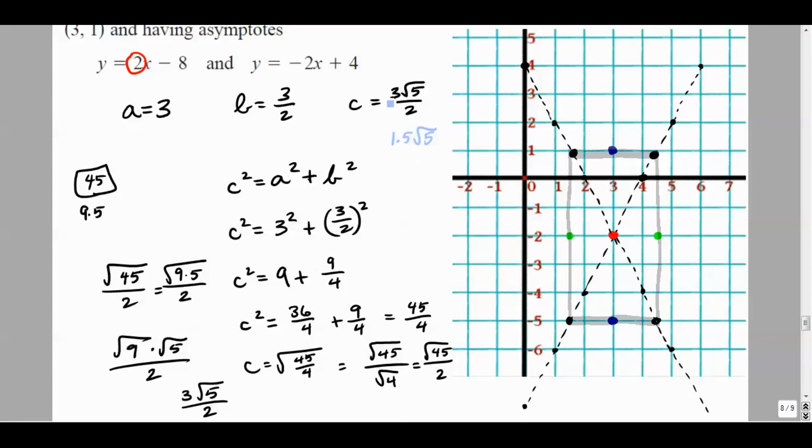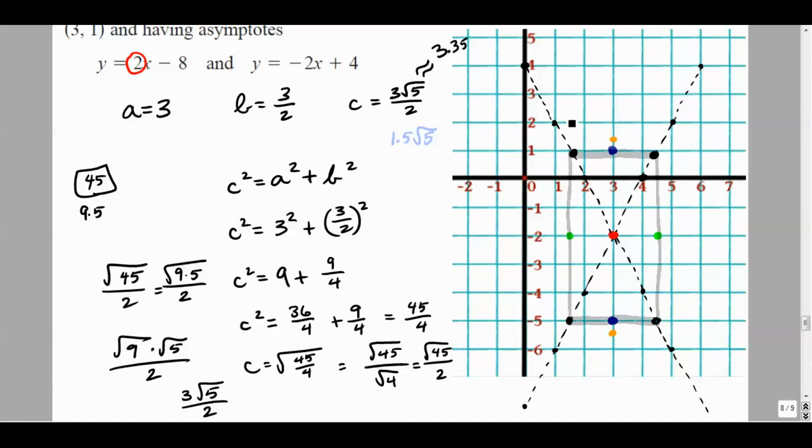And if you figure this out approximately, it's about 3.35, so like 3 1/3 units basically from your center. So I'm going to put those points in maybe orange. From the center, I'm going to go up 1, 2, 3 1/3, down 1, 2, 3 1/3,